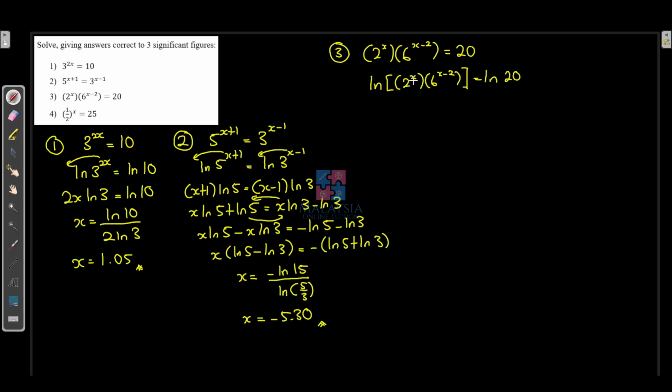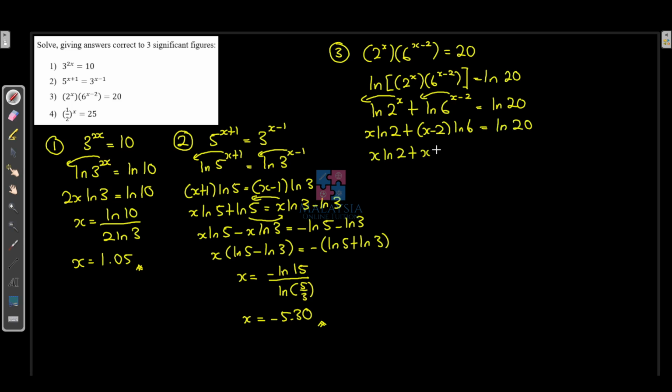Okay, so remember when something is multiplied according to logarithm, you are going to be separating them as addition. So we have ln 2 to the power of x plus ln of 6 to the power of x minus 2. Okay, so this is how you deal with a question like part 3 here. As usual, you bring the x in front, you bring the x minus 2 in front. x ln 2 plus open bracket x minus 2 close bracket and then ln 6 equals ln 20, okay? So you expand the x minus 2 with the ln 6, you get x ln 6 minus 2 ln 6